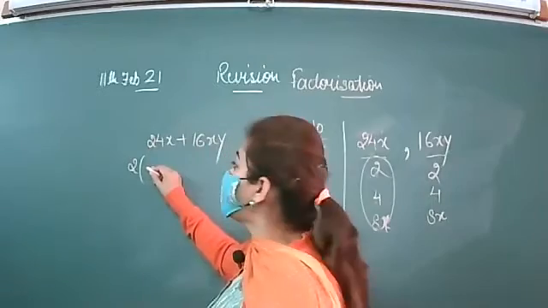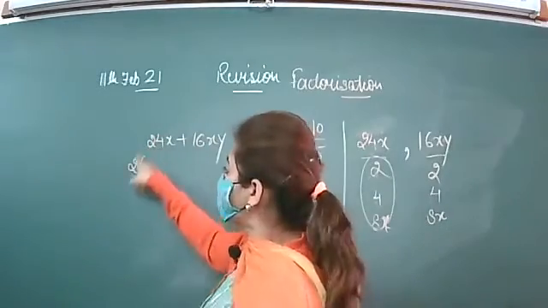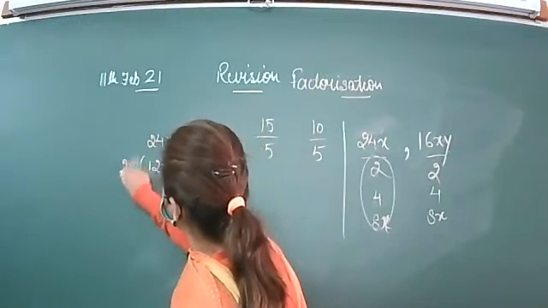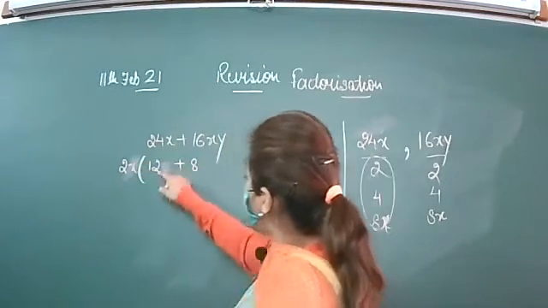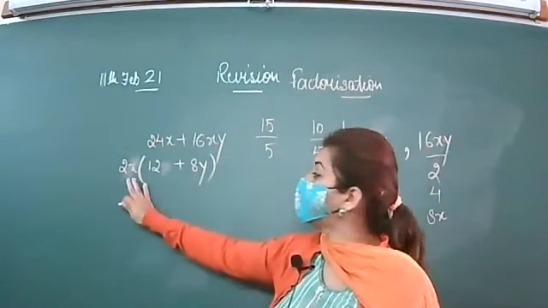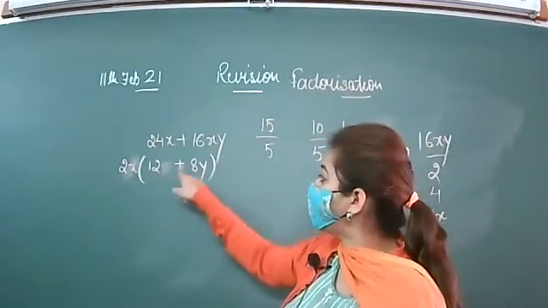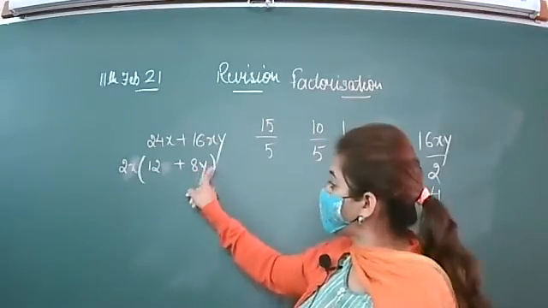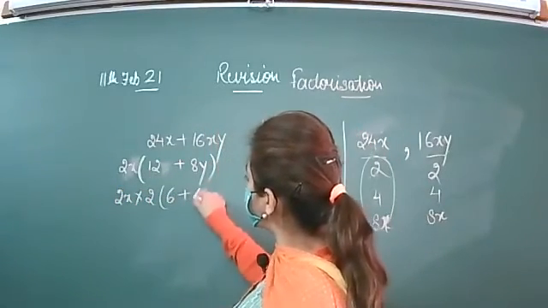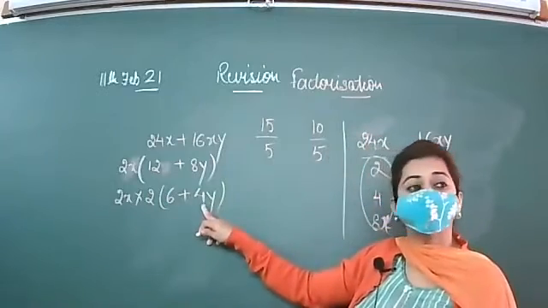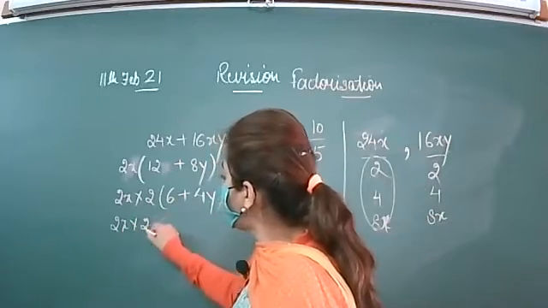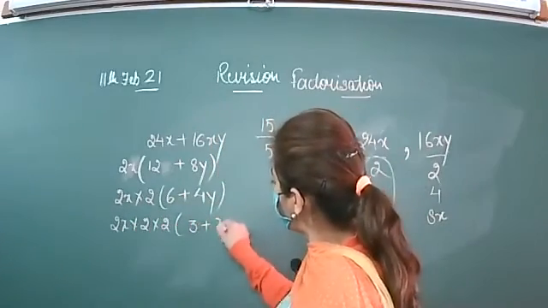Suppose I am writing this same example, 24x plus 16xy. In the first step, if you are not aware that you can take 8 common, let's start with 2. If you have taken 2 common, take x also. So this is pending. Is it clear? You have taken 2x common. In the next step, as you can see that 12 and 8 are both divisible by 2 again. So let's take 2 common again. 2x is already there. Take 2 common, you are left with 6 plus 4y. Now in these two terms, again 2 is common. So let's take 2 common again. So it will be 2x into 2 into 2, and the answer is 3 plus 2y.